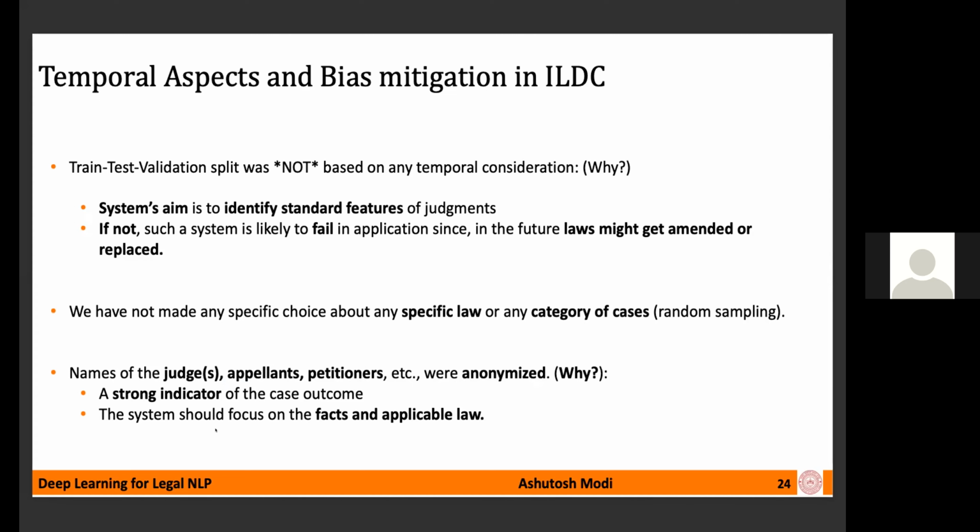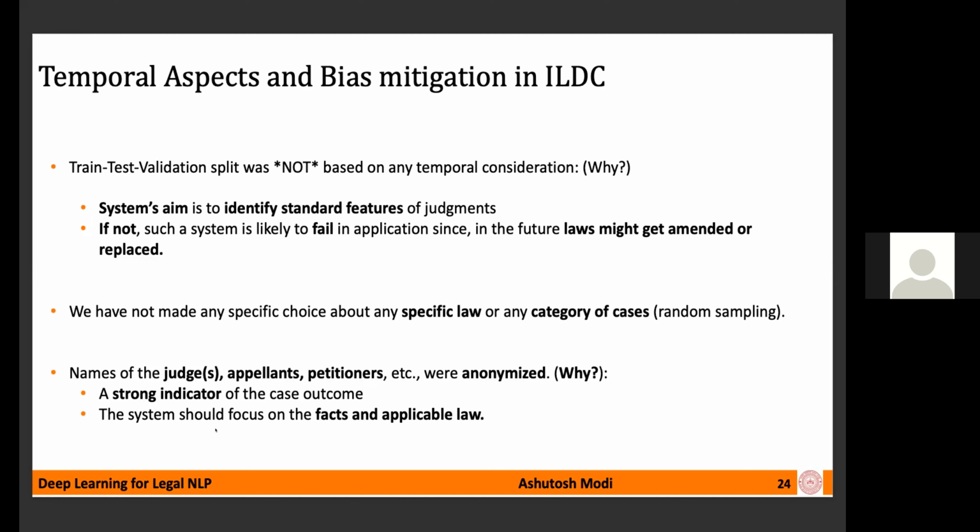temporal consideration, and the reason for that is that what we want is that the system should actually work with standard features of the judgments pronounced in relation to various legislation by different judges across different temporal phases. Also, to be able to use those features to decipher the judicial decision-making process and successfully predict the nature of the order finally pronounced by the court, given a set of facts and legal arguments.